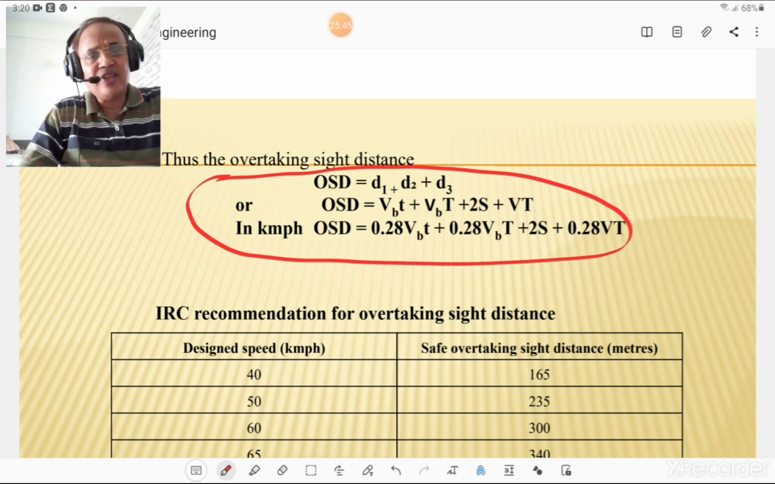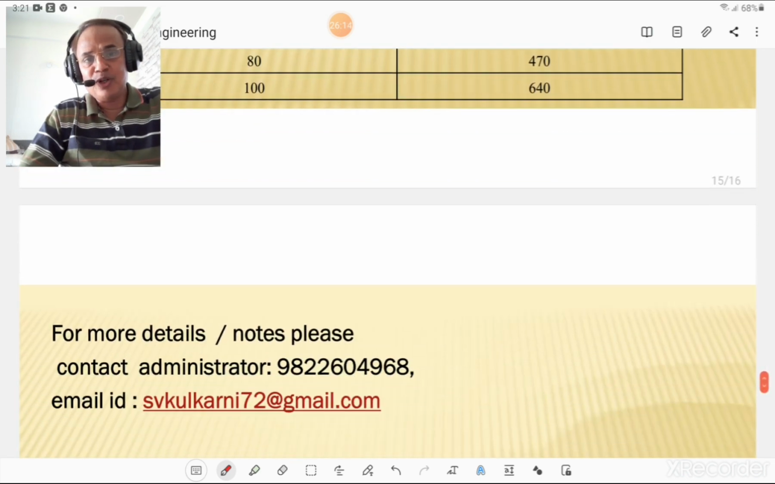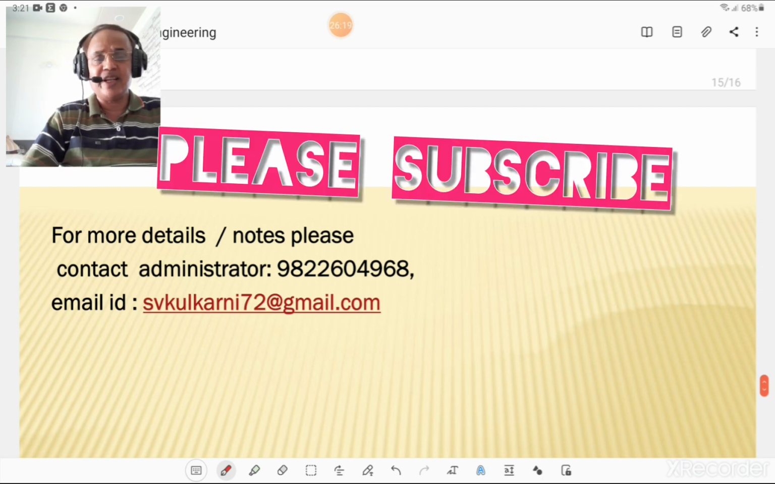So what are the IRC recommendations for overtaking sight distance? For a design speed of 40, 165 meter is the safe overtaking sight distance. For 50 speed, it is 235. For 60 kmph speed, it is 300. For 65 speed, it is 340. For 80 speed, it is 470. And for 100 kilometer per hour speed, the safe overtaking sight distance in meter is 640. So please remember these values for your competitive examinations or diploma degree examinations, as well as for MPSC